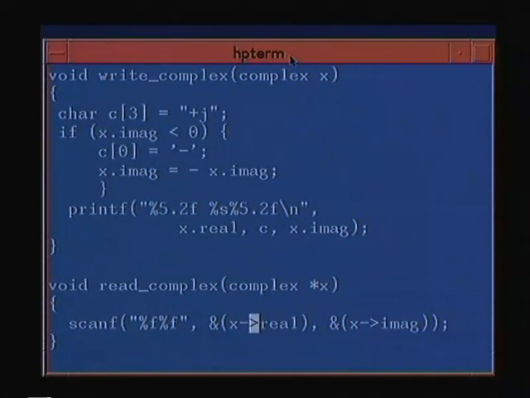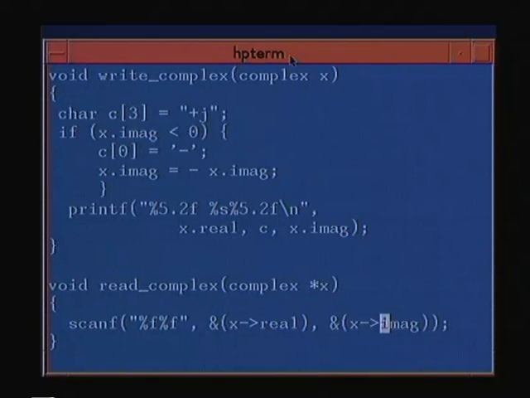If you want the address of the real part only, and you have to use scanf, in scanf we have to pass the address. If you want to do scanf of an integer x, you have to pass the address of that integer. If you want to do scanf of a floating point number, you have to pass the address of that floating point number. On the other hand, x pointer dot real will give you the content of that. If you want to get the address of that location, again you have to give the AND.